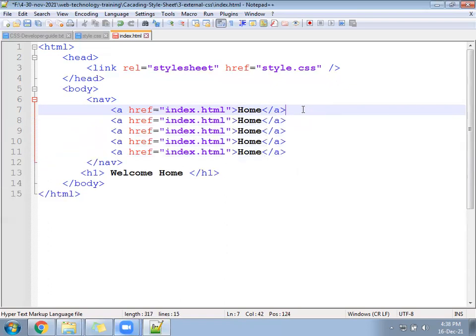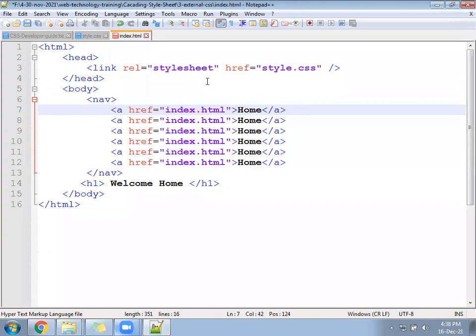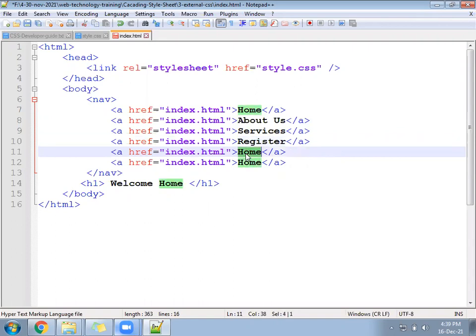You can copy this four or five times for some of the files: About us, Services, Register, Login, Users.